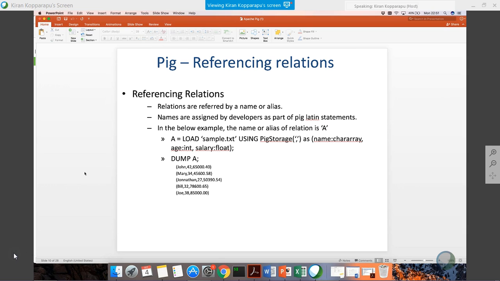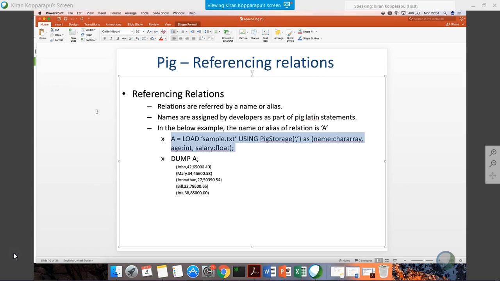Here, the highlighted line is one of the load statements. Each statement in a pig script has a name or alias, right? So here, A is the name of the statement, for the entire statement, so it has its name. I just named it as a capital A here. So A equal to load means we are loading the data. From where are we loading the data? The file name called